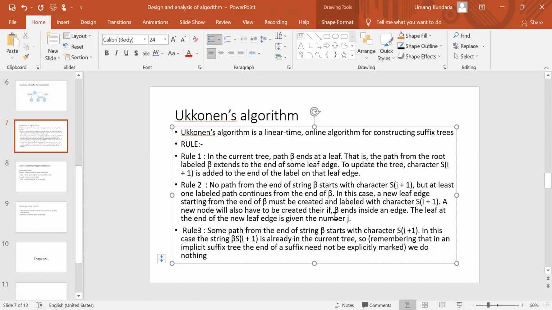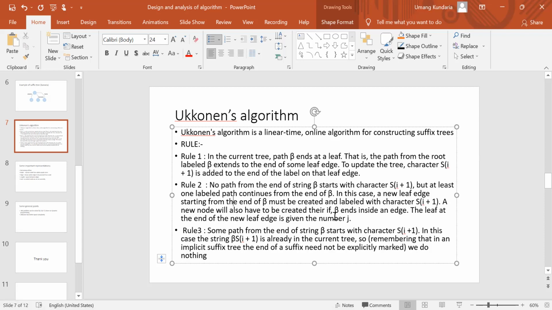And the third rule: some path from the end of the substring beta continues with character S i plus 1. In this case, beta S i plus 1 is already in the current tree. Remembering that in an implicit suffix tree, the end of the suffix needs to be explicitly marked, we do nothing.